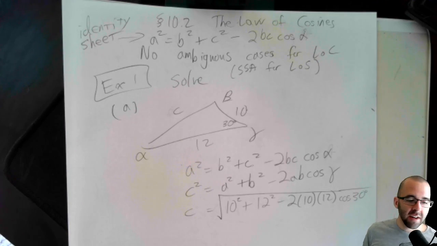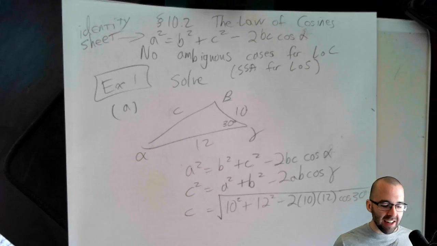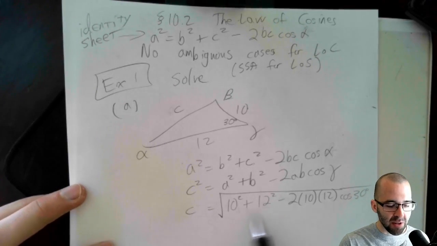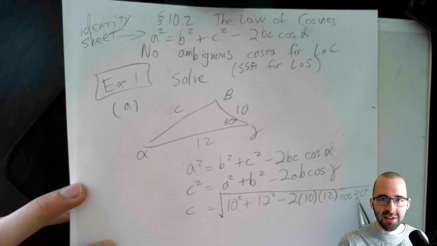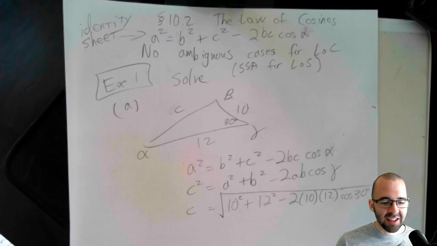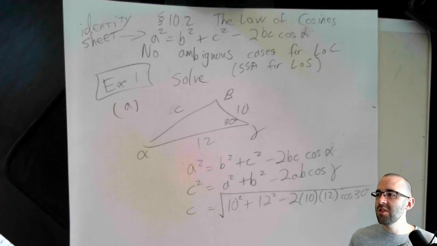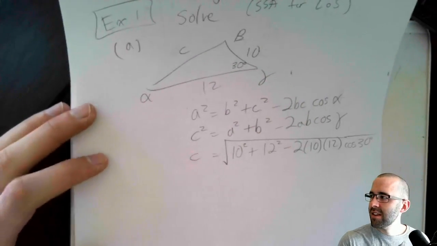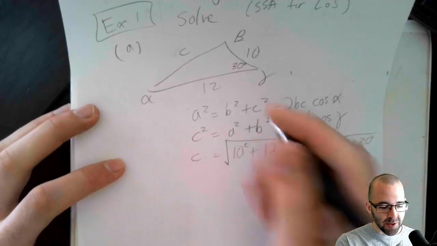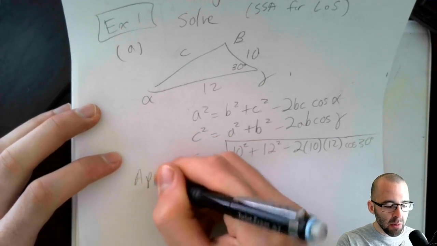And you could go on and solve and get an exact answer. You're going to get 244 right here. You're going to get minus 240 times root 3 over 2. You could simplify this and get an exact answer. But in this chapter, we only really care about approximations. Okay? So you can approximate